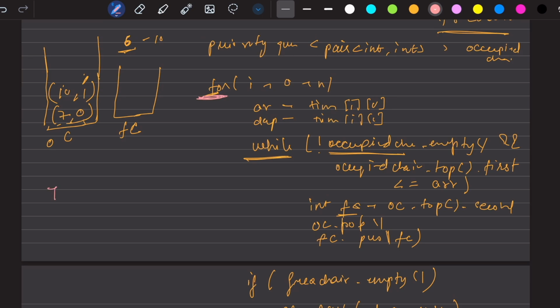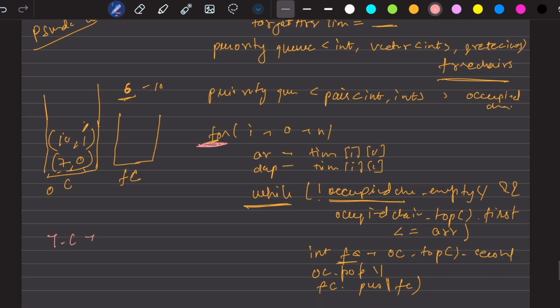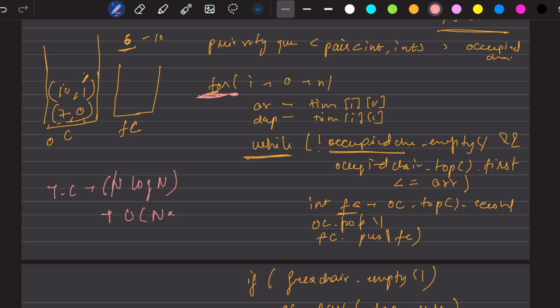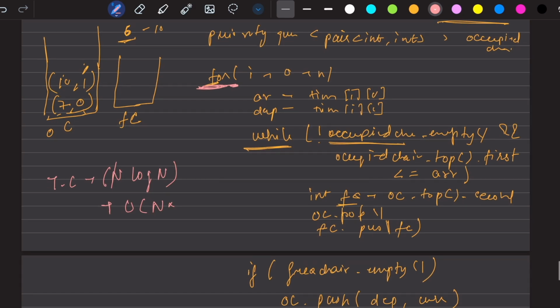And if you see directly the time complexity, what is the time complexity? We have done the sorting, so that is n log n, okay. N log n is the sorting part. Now this is going for n, so big O of n. Yes, and every operation on the priority queue takes time of big O of log n, right. So the maximum time complexity you will get here is big O of n log n,